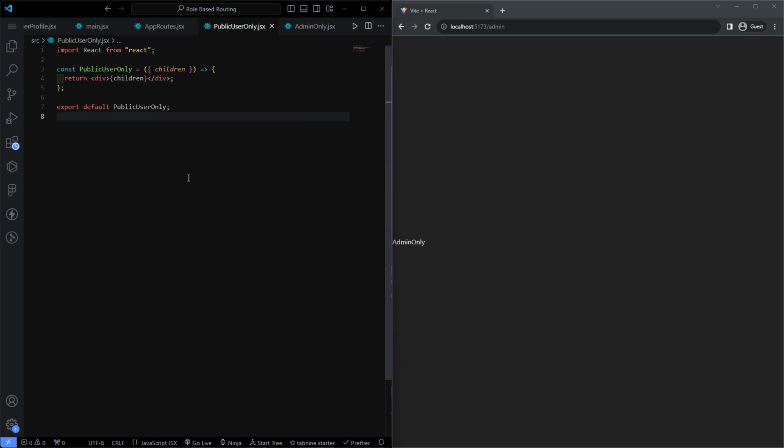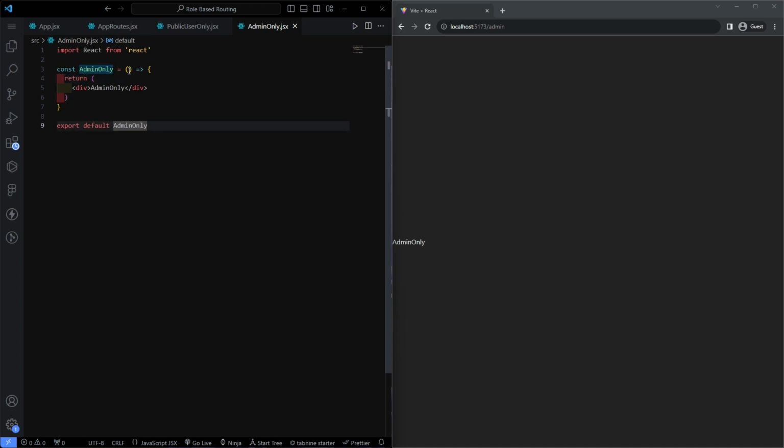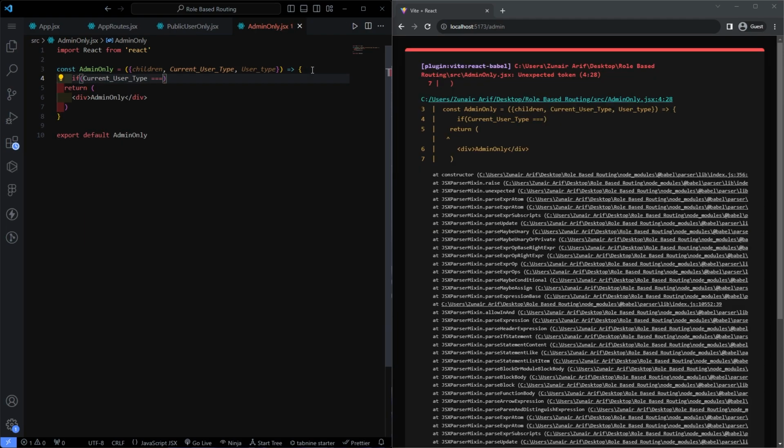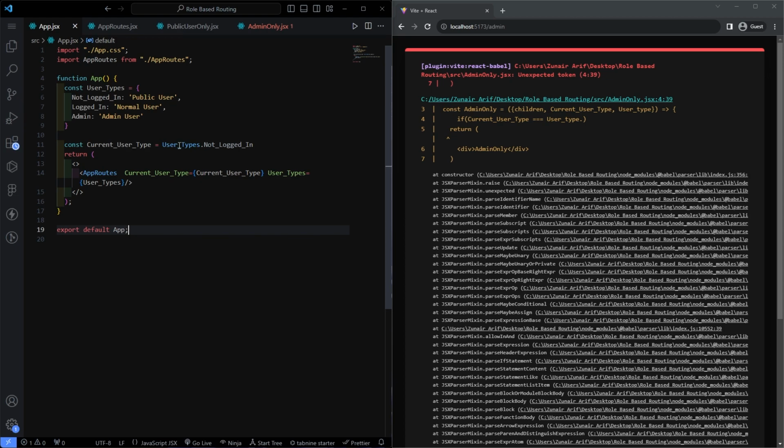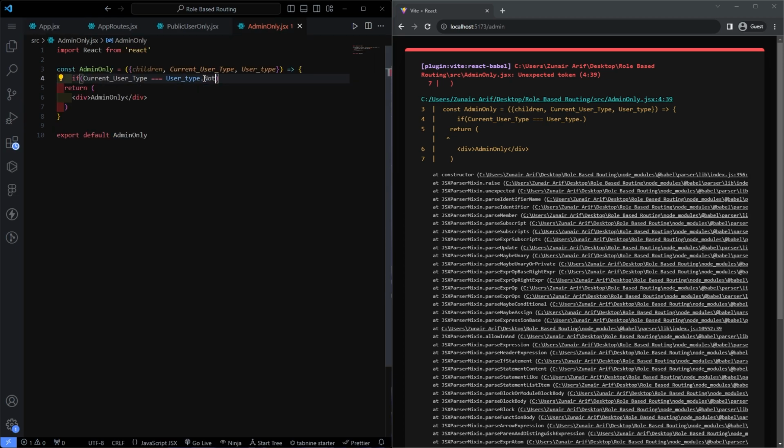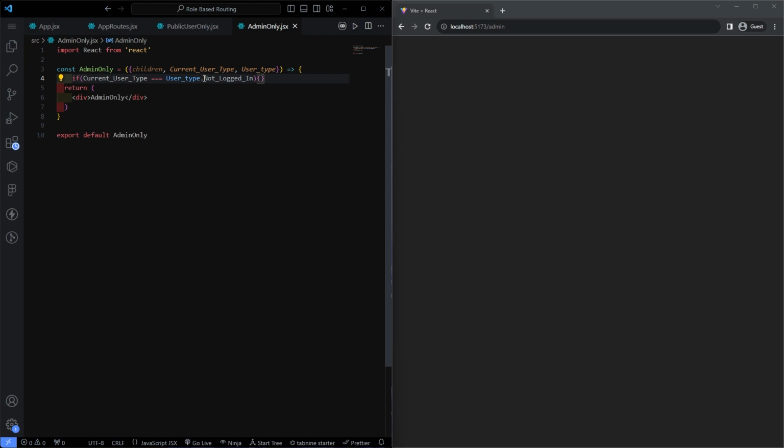Okay, and we are done with this. We have only one thing in this. Now in the admin only, write here children and current user type, and the third thing is user type. Okay, write here a condition: if current user type is equals to user type dot, go to app.jsx and check here not logged in, for example not logged in, then we return a div with the children, else